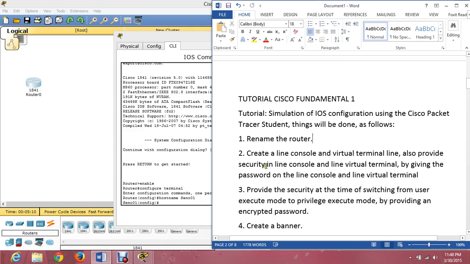Next, we will create a line console and line virtual terminal, and also provide security for it by giving a password on it. Just follow the steps.